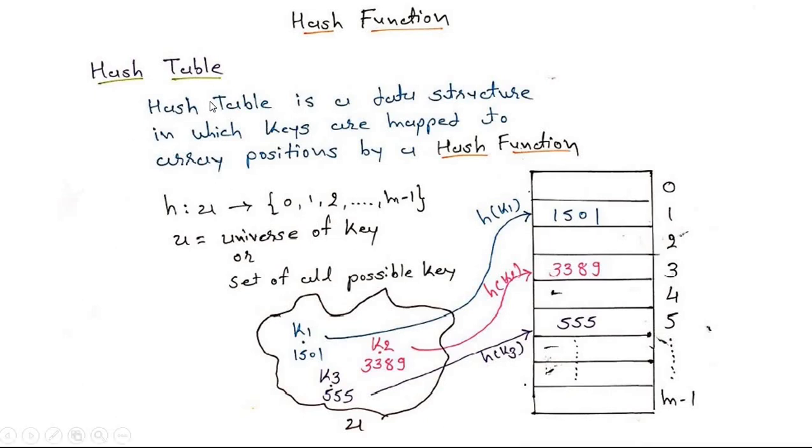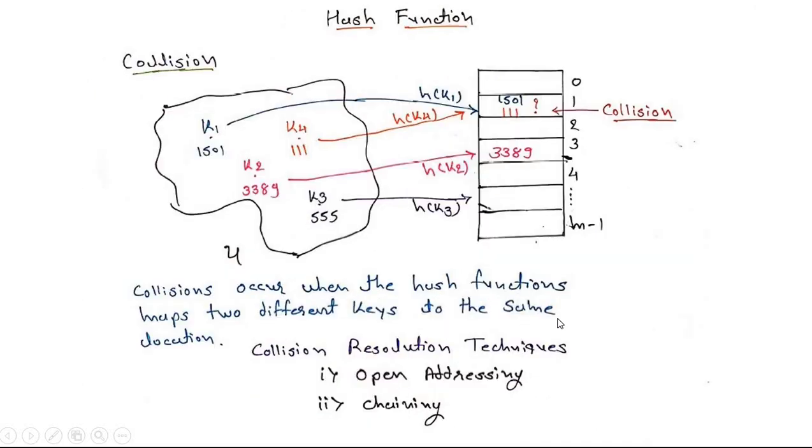In that session we discussed the hash table, which is used in place of the symbol table. Whatever the limitations of symbol tables were, those limitations are overcome inside the hash table. The hash table produces key values by using a hash function, and according to those generated key values we are able to store the values inside the hash table. So that is the basic fundamental of the hash table.